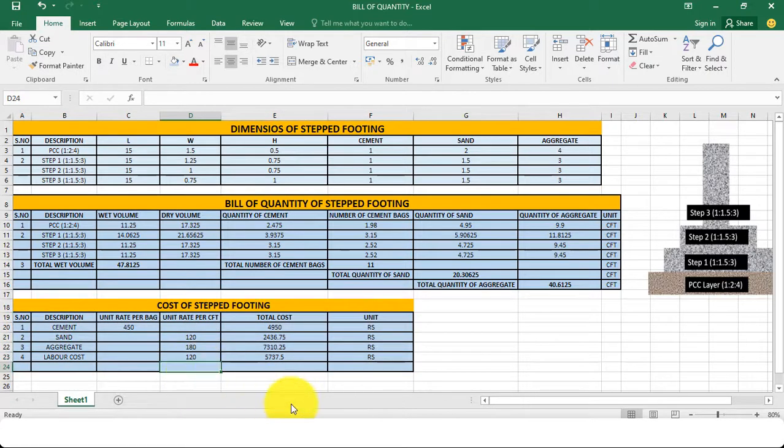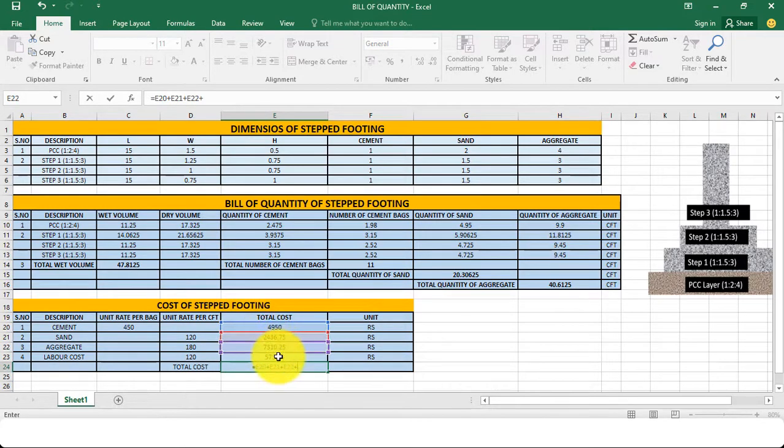Now I have the cost of each material like cement, sand, aggregate and also the labor cost. But I need the total cost for this stepped footing. Okay? So now I have to calculate the total cost, and it's very simple and easy. So here I will write total cost, and then here I will put the equal sign, and after that I will add all the costs of each material, which is cement, sand, aggregate and also the labor cost, and the total cost will become